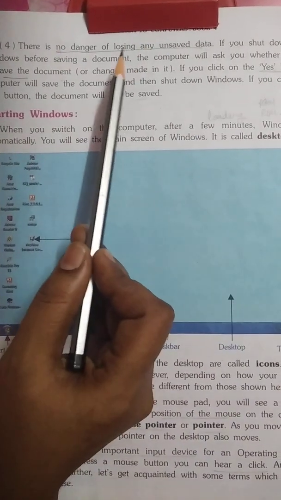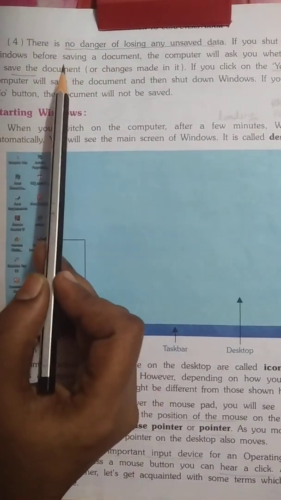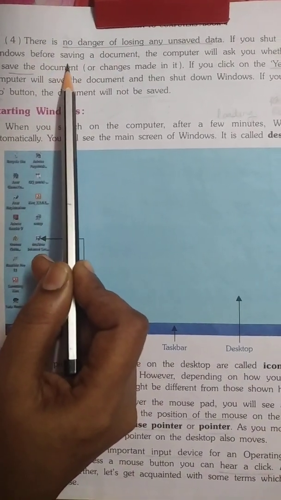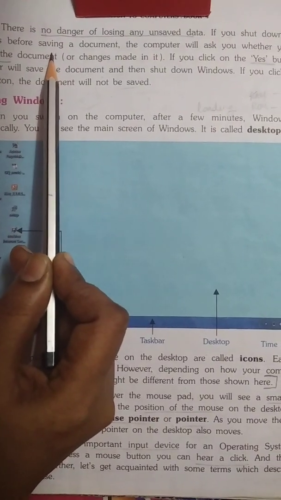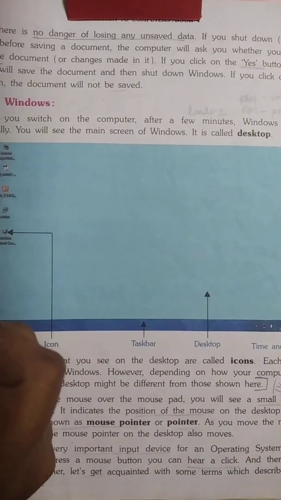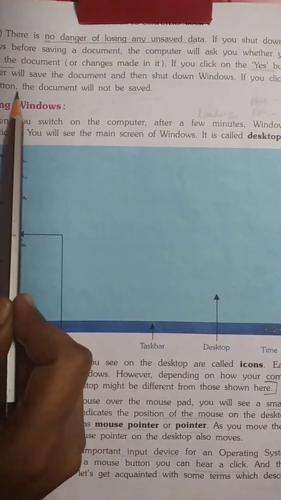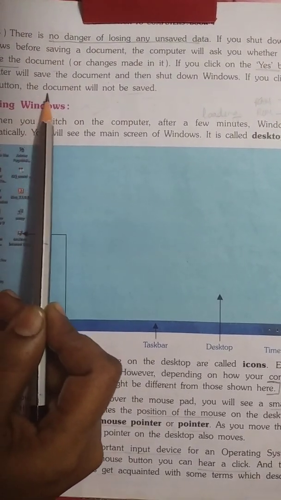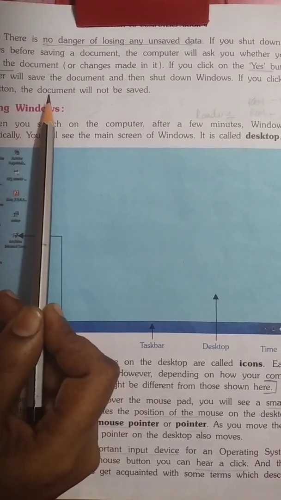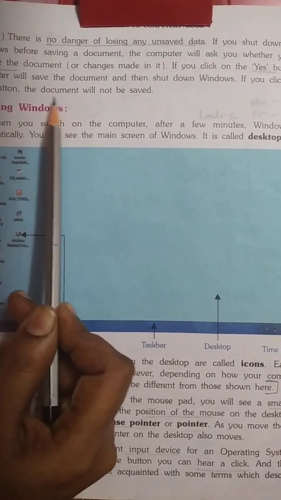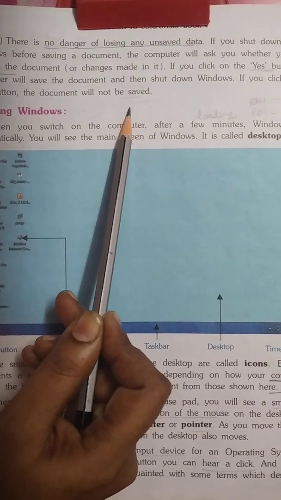So there is no danger of losing your data. If you save, you can continue with the same document next time. And if you don't want to save, you just click on the No button and the document will not be saved.